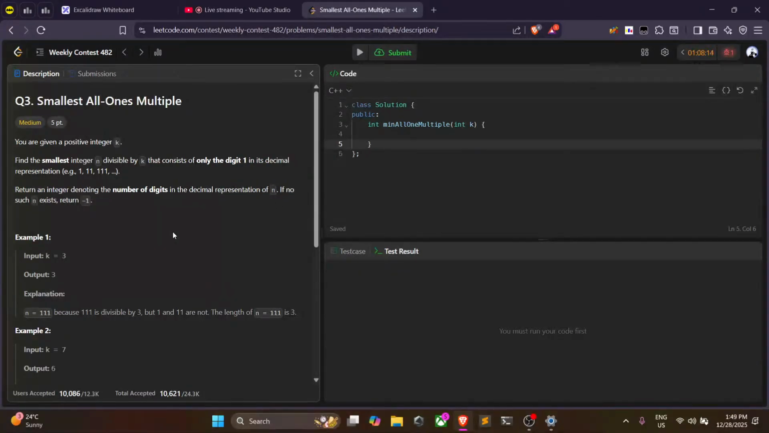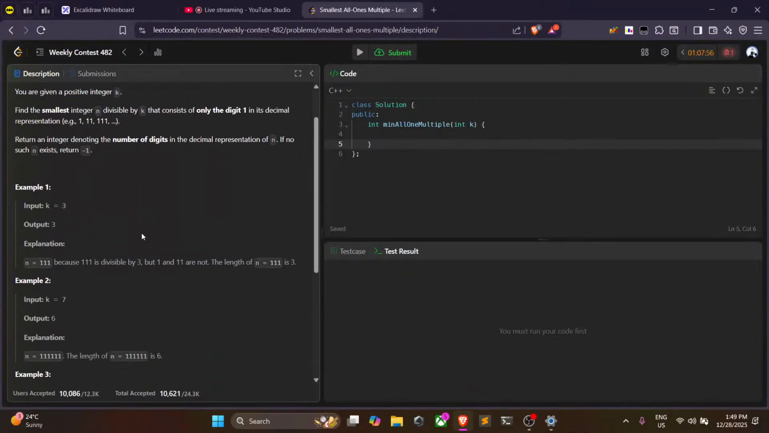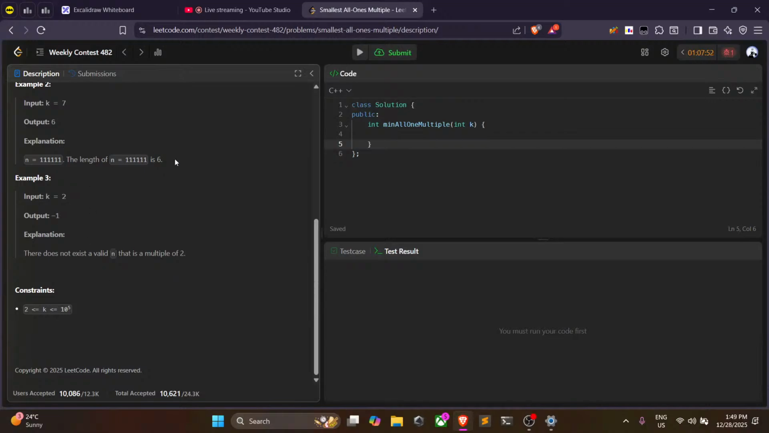Return -1 if there is no such integer. So we are given a k. We need to find some smallest integer n which we can divide by k, but it should have only ones: one, one, one, triple one, such that. So it says